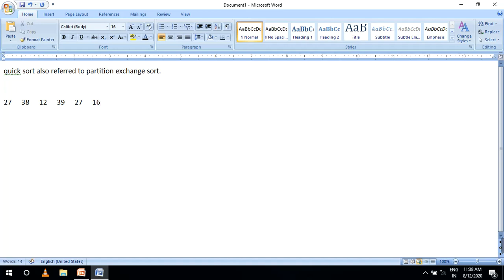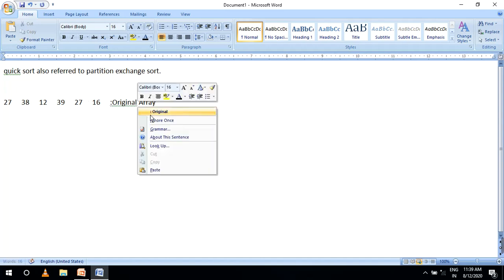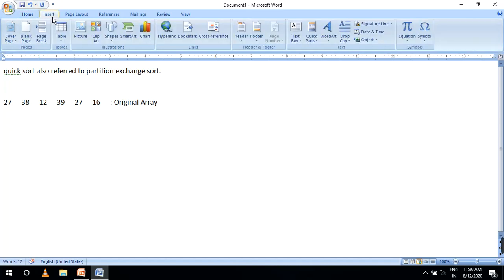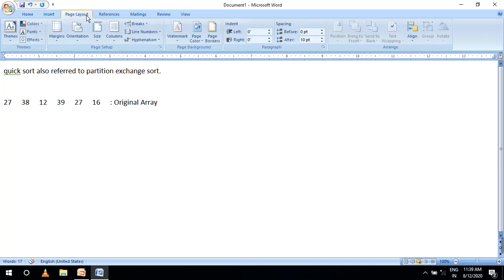I am taking this as the original array. Now I am saying you will get the first element or the last element. So I am taking this as the first element. I have mentioned an arrow also, if you want arrow symbols.